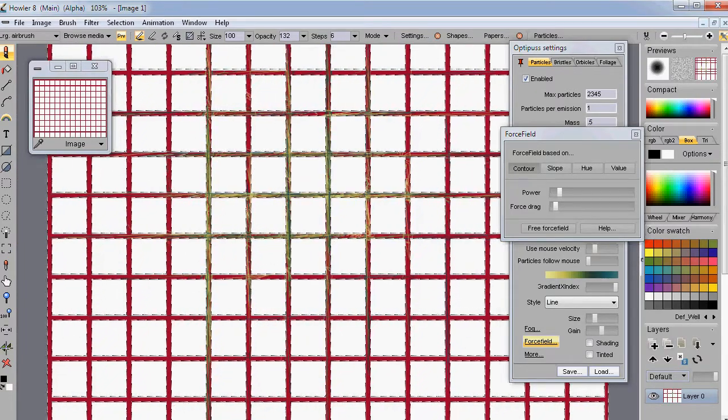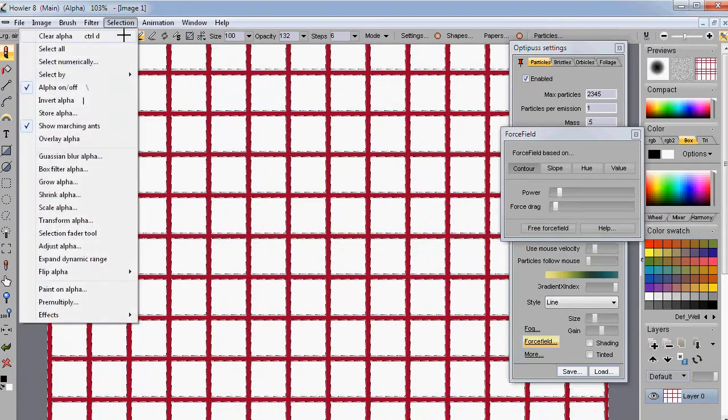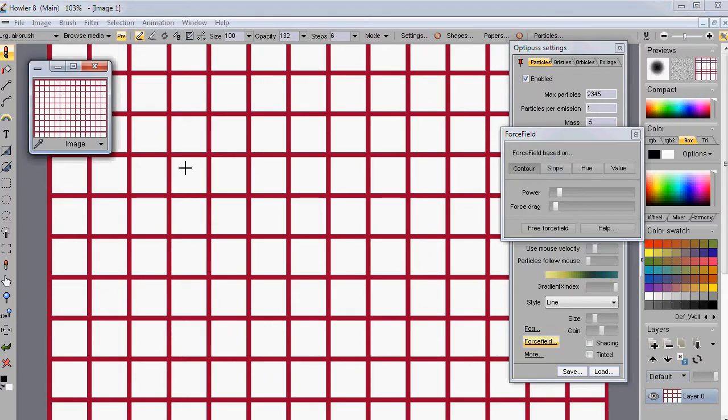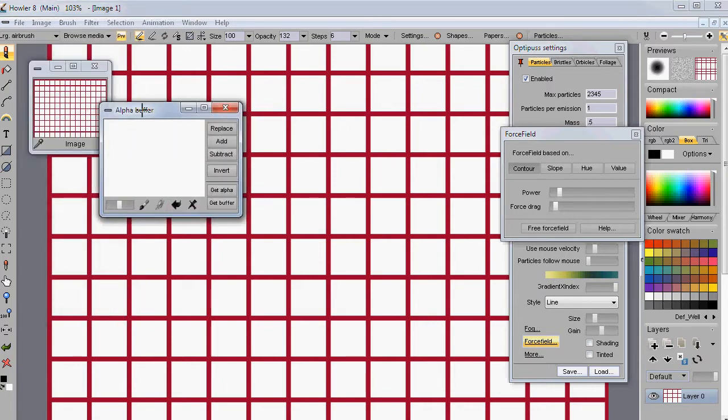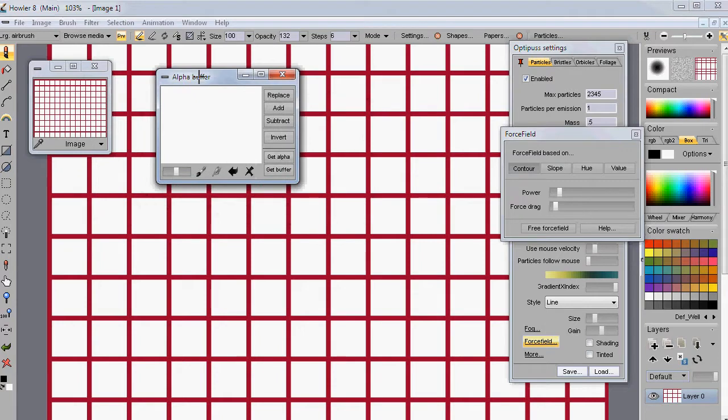Now, another way, I said there were two ways to get this image into the alpha channel. Let me go clear this and we'll see that again. So when we start from that, another convenient way is to go to the selection and pretend there already is a selection, even though there isn't any. You can always store the alpha, and if there is nothing, well, there is nothing. The entire image is selected by default, but what you can do now is say get buffer,